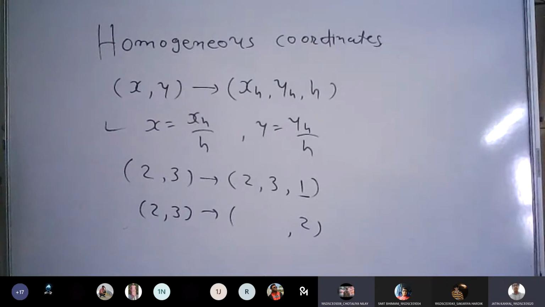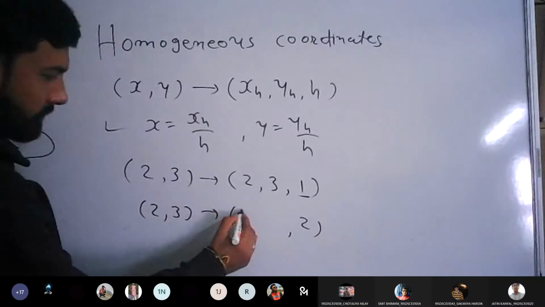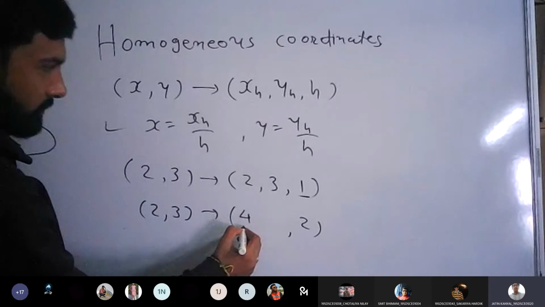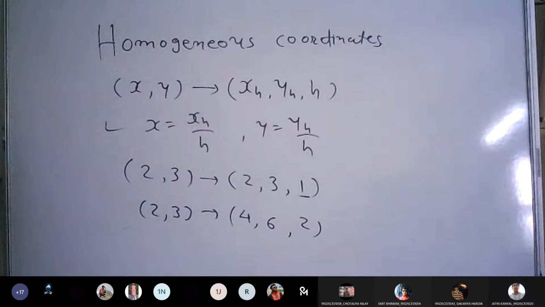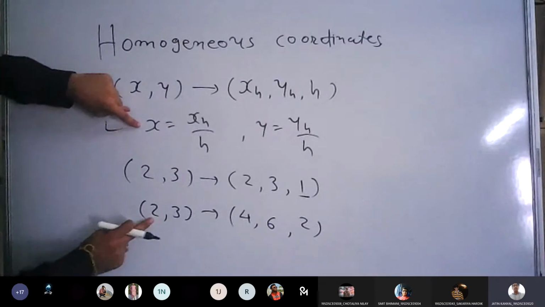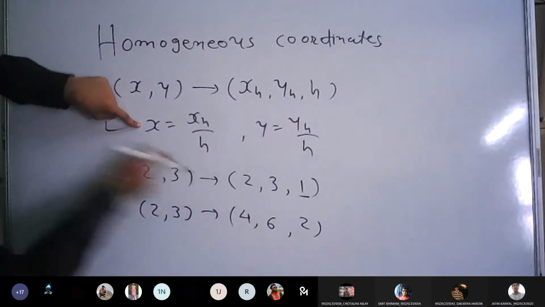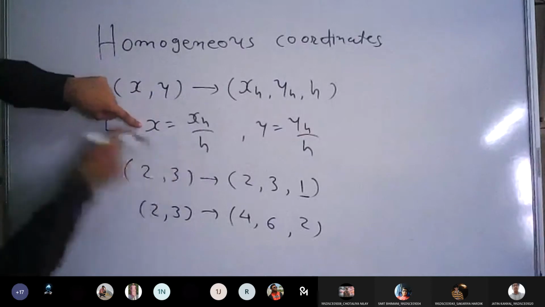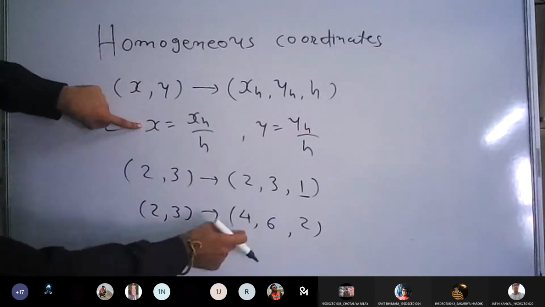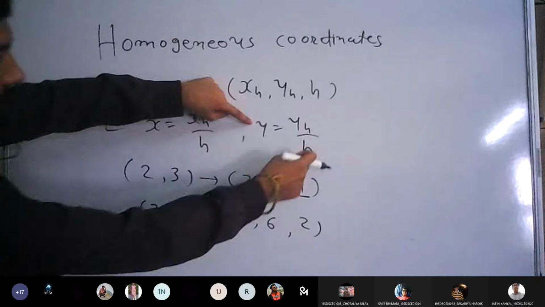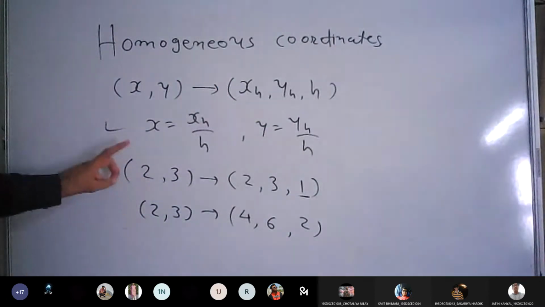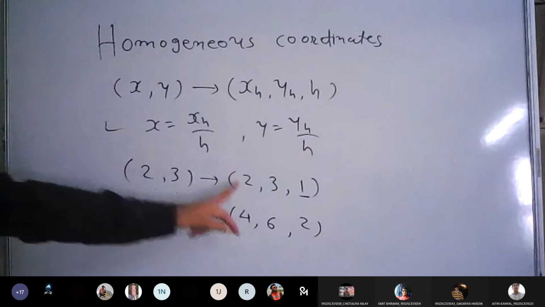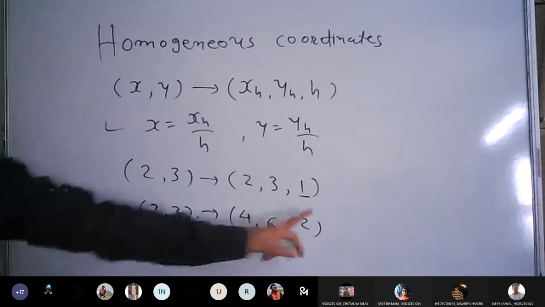4, 6, 2, correct. See, your x is 2. Homogeneous parameter h is 2. So you can multiply this 2 here. 2 into 2, xh is 4. Similarly, h is 2, y is 3. 3 into 2, it is 6. So the homogeneous coordinate for point 2, 3 is either 2, 3, 1, or it is 4, 6, 2,